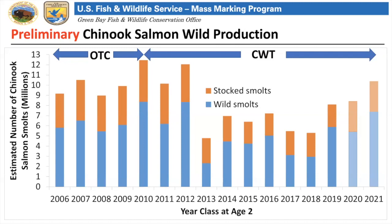I do want to mention that this is U.S. Fish and Wildlife Service mass marking data. This is a great program where they mark a lot of fish that are stocked, including lake trout, Chinook. We're now doing a study with steelhead. So we can see there's actually natural reproduction going on with steelhead too now to a pretty high degree. So, move on. Another reason why we made reductions back in the day